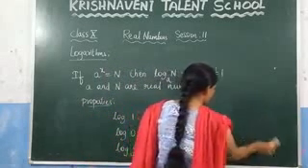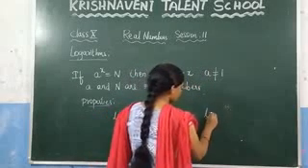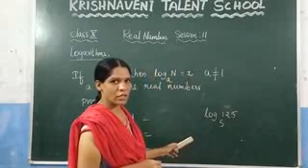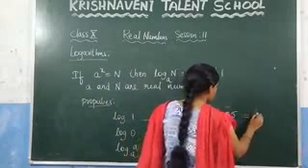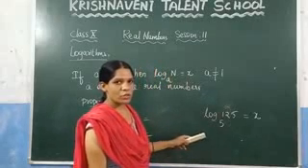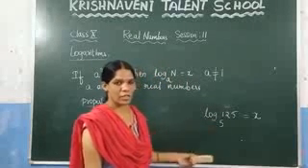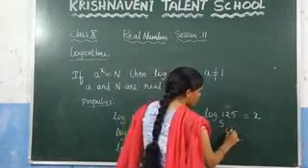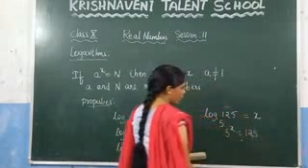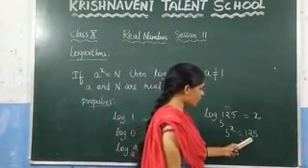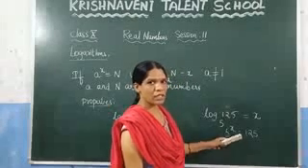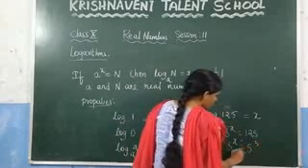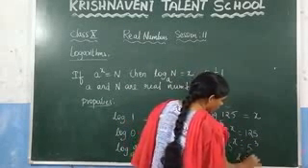Let us see one more example based on this. Log 125 to the base 5. Suppose you want to find the value of this; you don't know it, so write it as x, and then we have to express this in exponential form. How can we write it? 5 power x is equal to 125. Now we need to express this 125 with the base 5. You know that 5 5s are 25, 25 5s are 125. So we can write 5 power x is equal to 5 cube. Since the bases are equal, you get the value of x as 3.